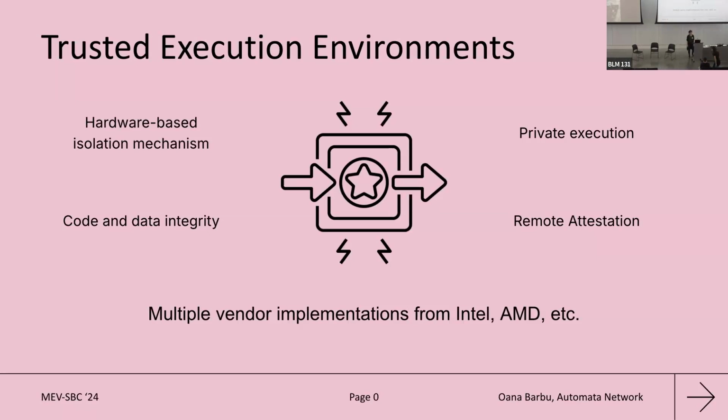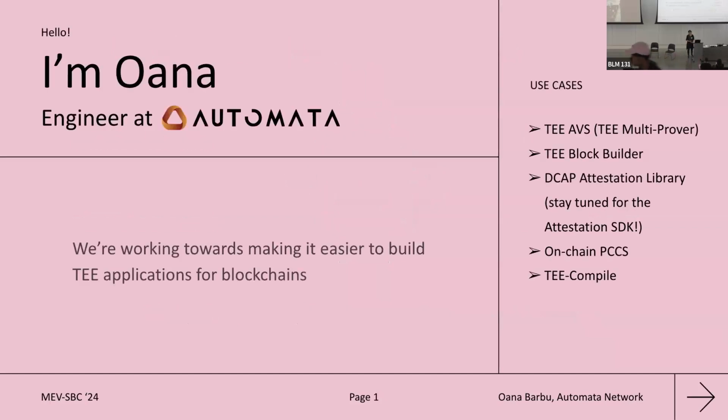And we are able to verify that the TEE is indeed genuine by running a process called remote attestation. Basically, during the remote attestation, we ask a TEE to prove its identity that's linked all the way to the hardware manufacturer and provide some hashes over what firmware and applications are running. So I've been working with TEEs for slightly more than 3 years at Automata, where we're working towards